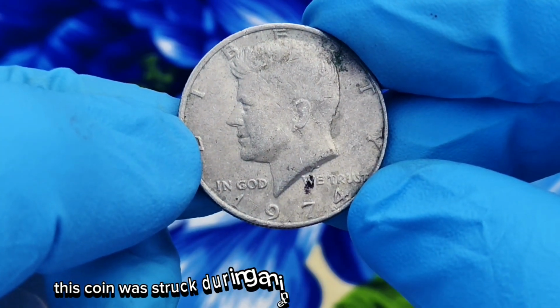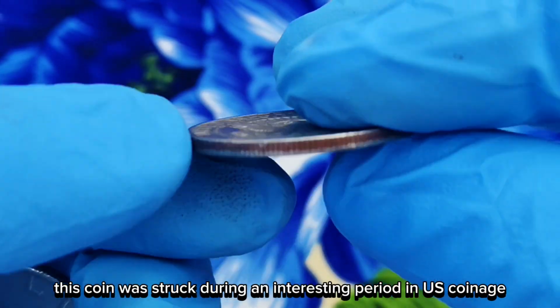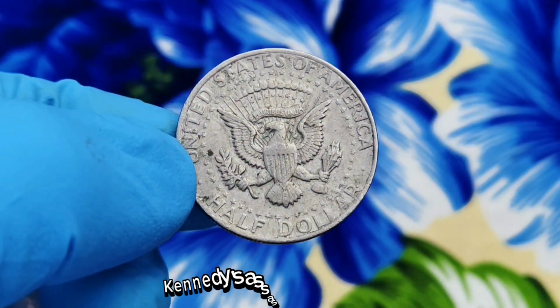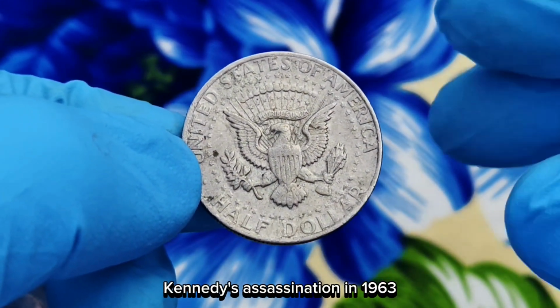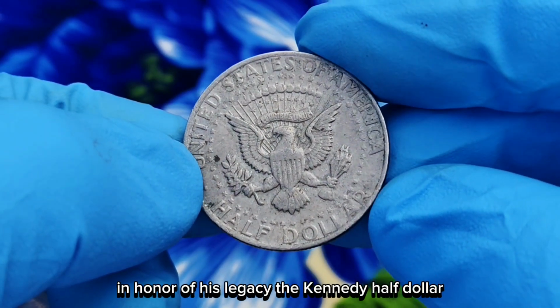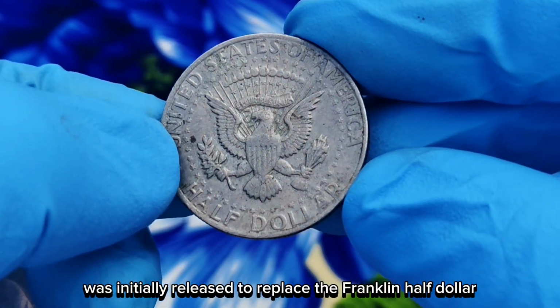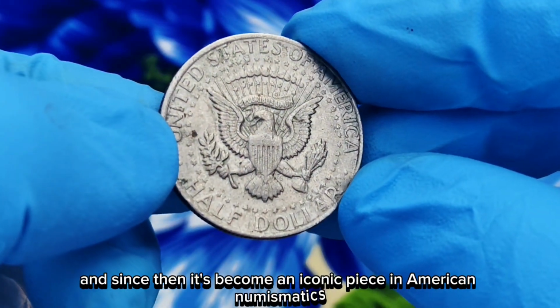This coin was struck during an interesting period in US coinage. It's one of the many coins minted after President John F. Kennedy's assassination in 1963 in honor of his legacy. The Kennedy half-dollar was initially released to replace the Franklin half-dollar, and since then it's become an iconic piece in